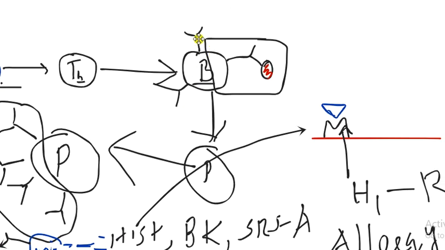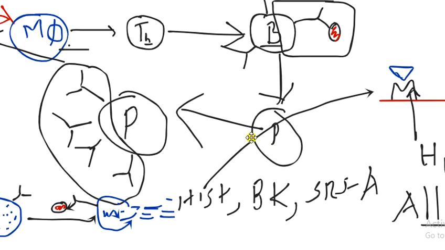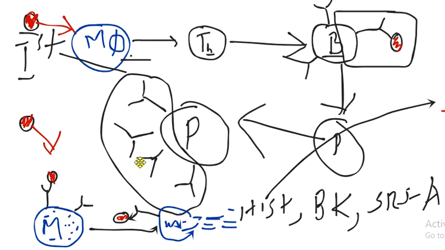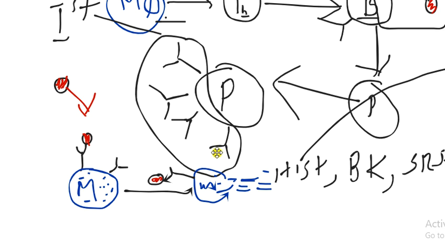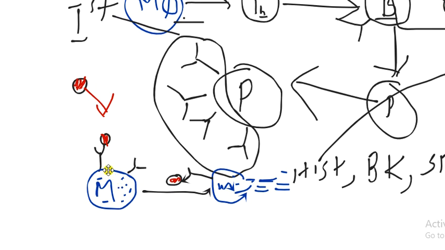B cells have many types of IgE, and this allergen is specific for a kind of IgE, and the B cell is going to produce this type of IgE with the help of plasma cells. So plasma cells are going to produce more allergen-specific IgE, and this IgE is going to attach to the surface of mast cells. So the mast cell includes granules like bradykinin, histamine, SRSA, etc.